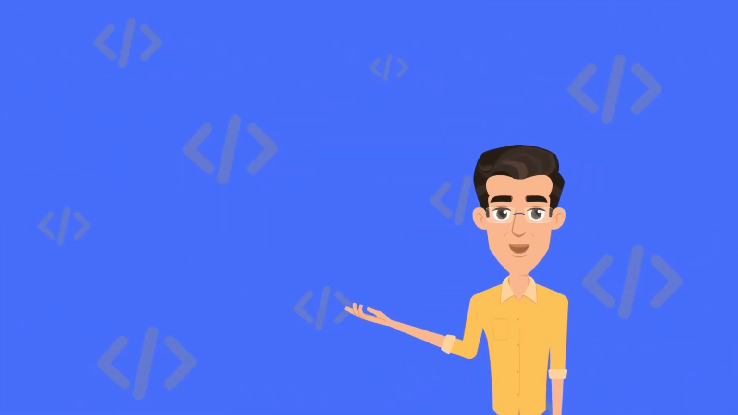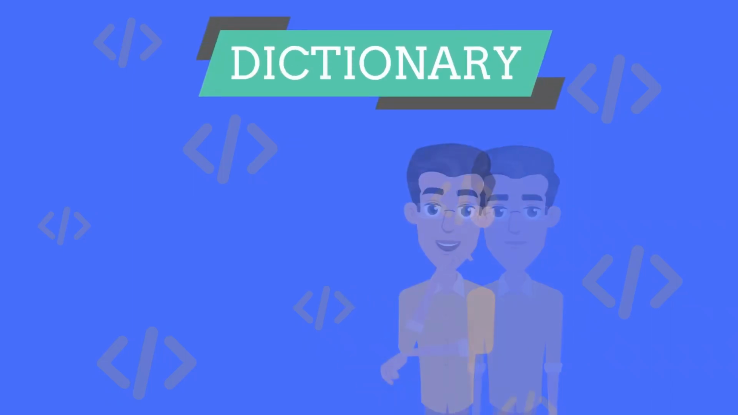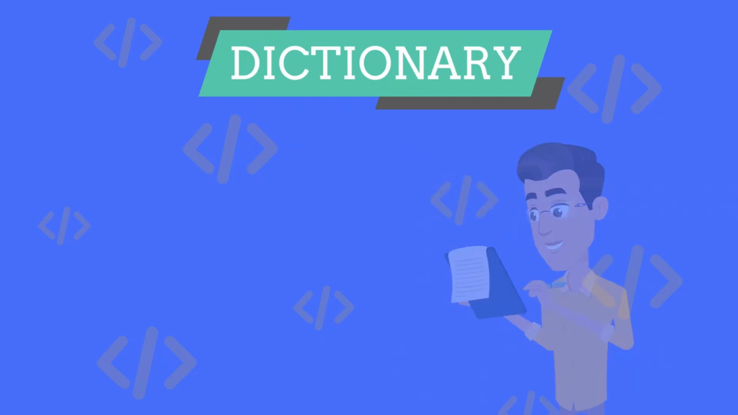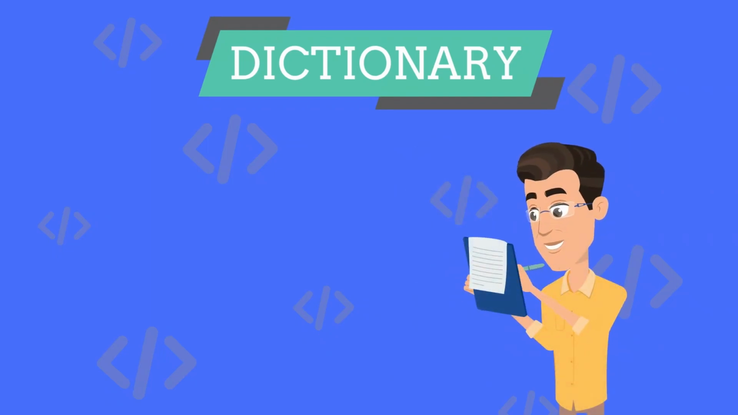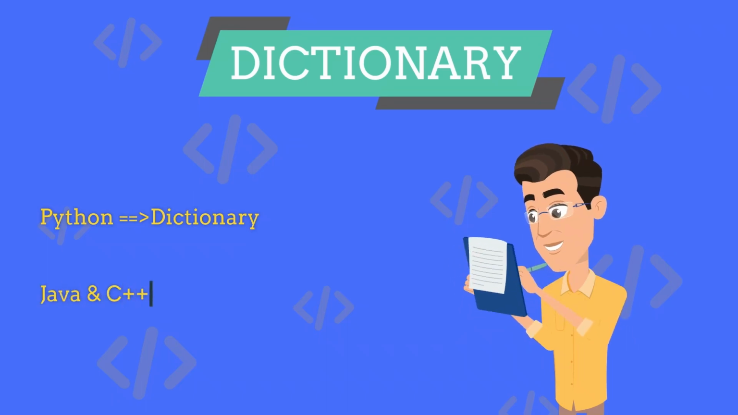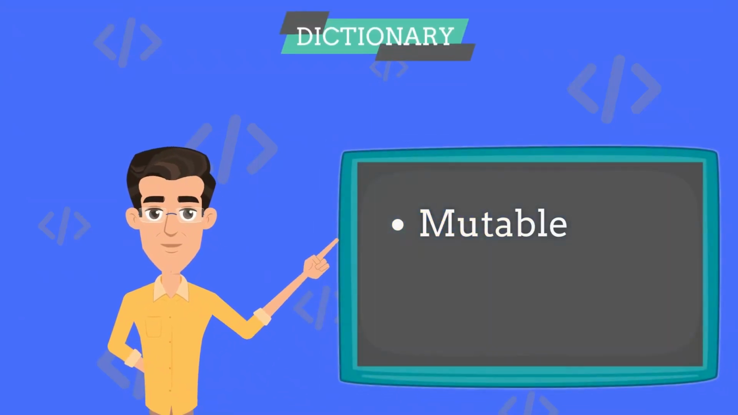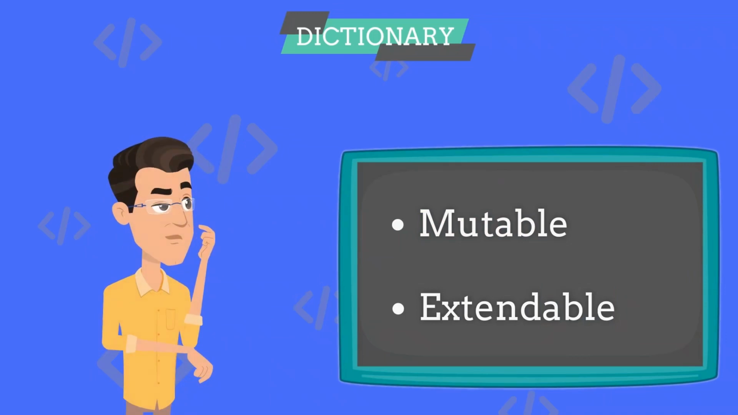The next collection we will cover is a dictionary. I do need to clarify something. The term dictionary is how this collection is called in Python, but for C++ and Java, the collection is referred to as a map. Just like a list, dictionaries are mutable and extendable. But the important part is